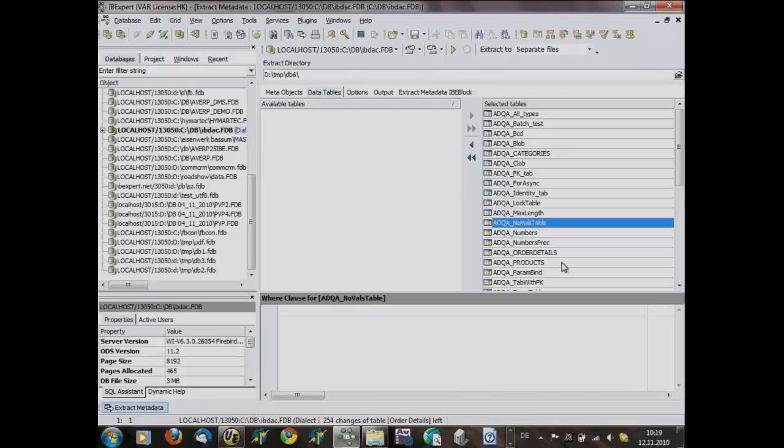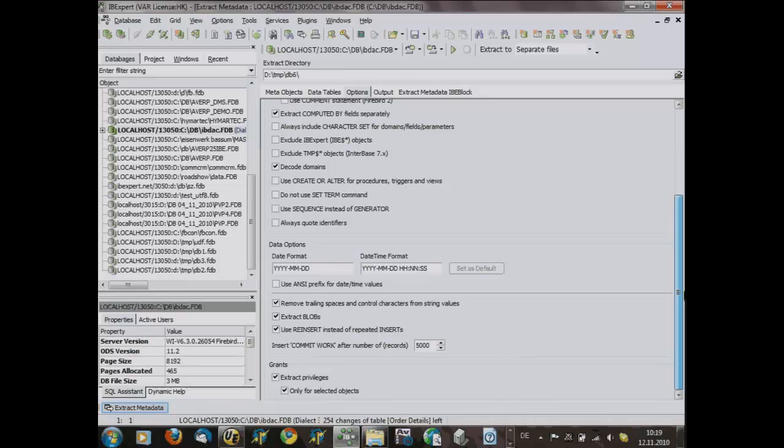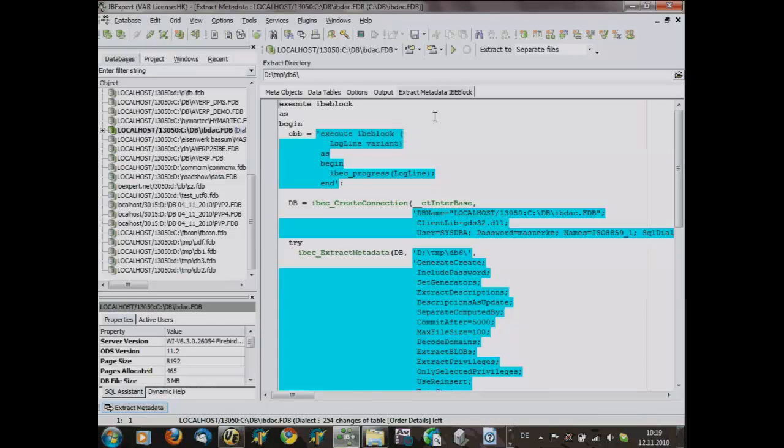I can add a where clause for this table, for this table, for this table to have, for example, only some tables copied. And I can set several options here, for example, also that we can extract blob data. I showed already yesterday in a small way, but this is possible to extract the data, to do a dump of the database automatically without doing all this manually.